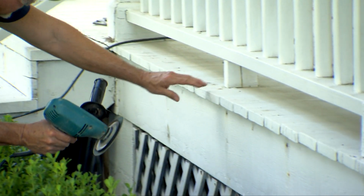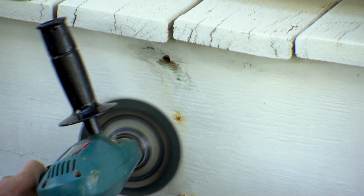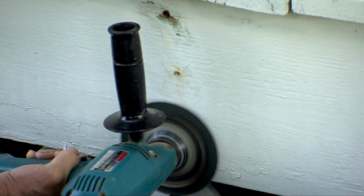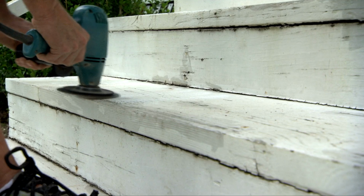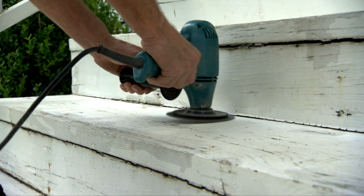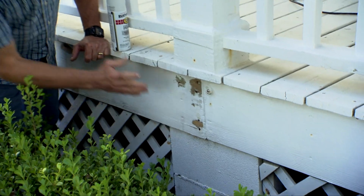So Michael doesn't feel left out, we give him the disc sander to tackle the peeling paint. It worked amazingly well just to kind of flake off that loose paint. You have to be very careful because if you stay on a spot too long, it will dig into the wood. Right, now that you've sanded all of this off, you've kind of gotten rid of most of the rust,